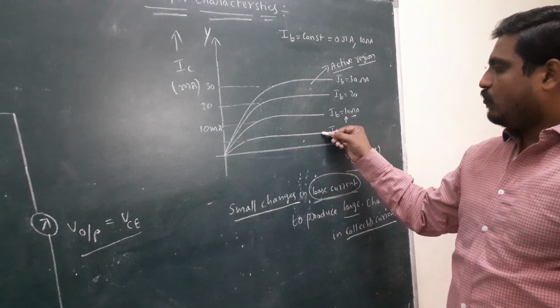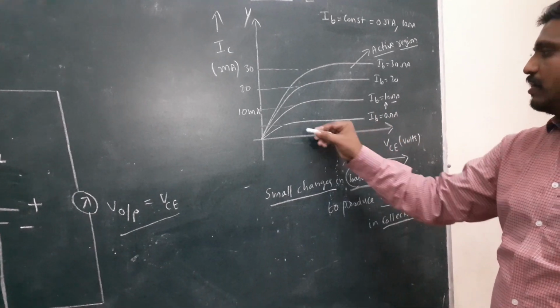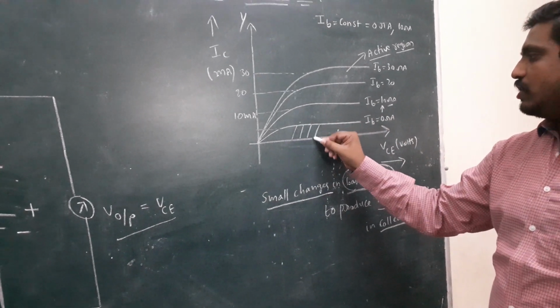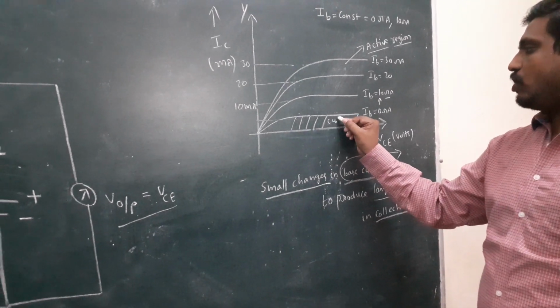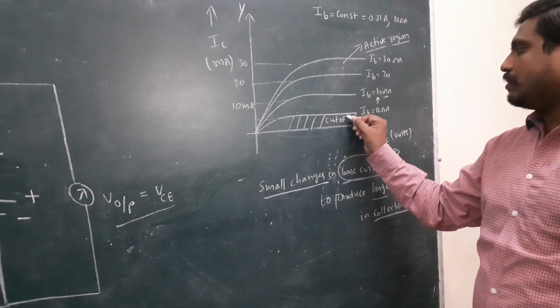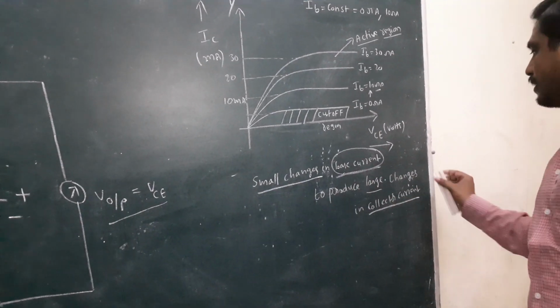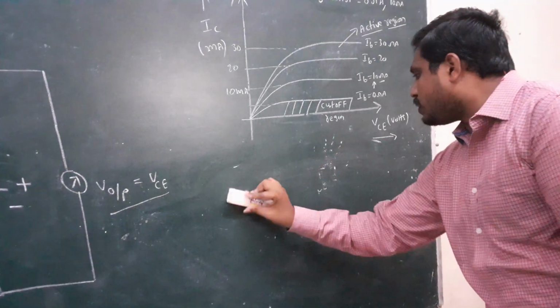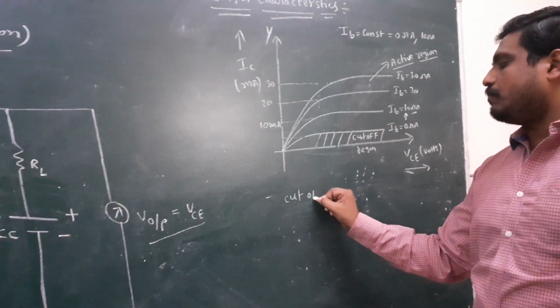This line is very nearer to the x-axis nana. That means very nearer to the x-axis. This region is called cutoff region. What region nana? Cutoff region. Here look here, cutoff region means according to the diagram,